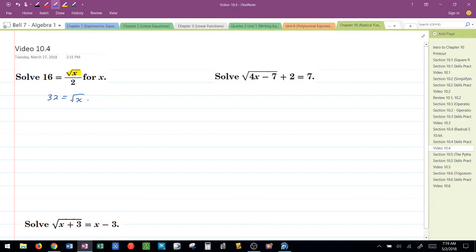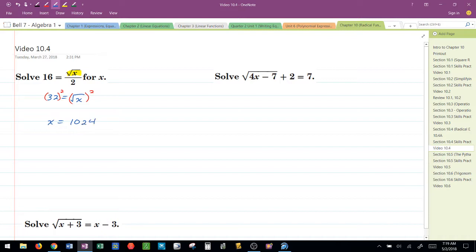All right, so now I have the radical isolated. Once the radical is isolated, to eliminate it, I'm going to square it. And in class, remember how we talked about the square root is the 1/2 power. If I take the 1/2 power and square it, they cancel each other out. That's why we square it. Well, whatever you do to one side of the equation, you have to do to the other as well. This, in turn, will give me x is equal to 32 squared, which is